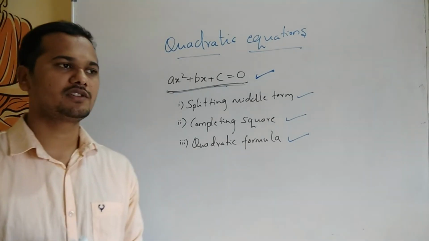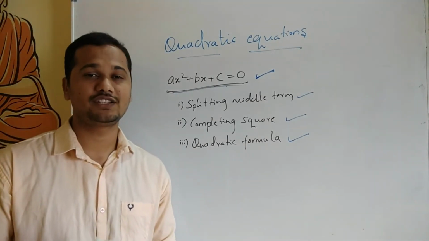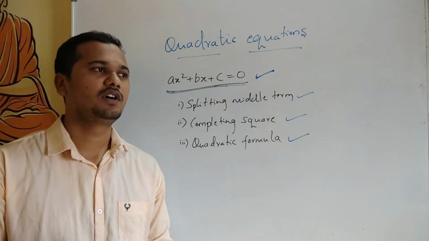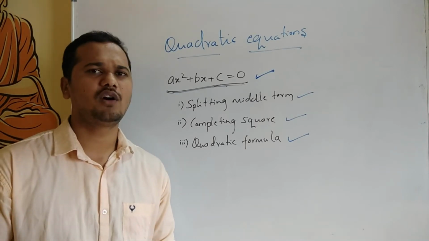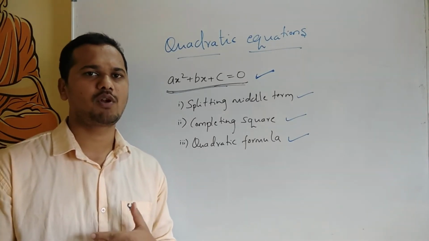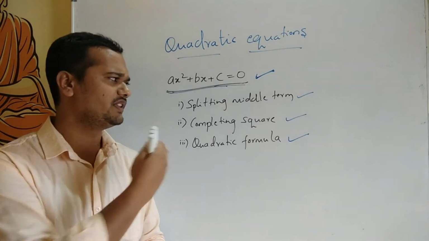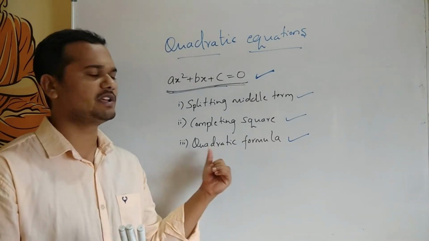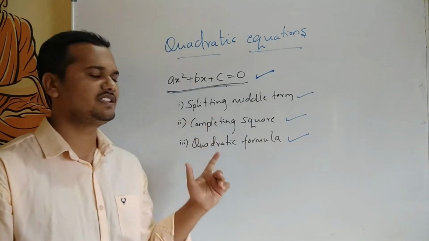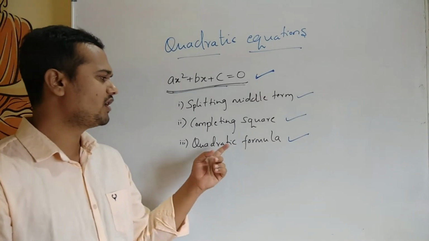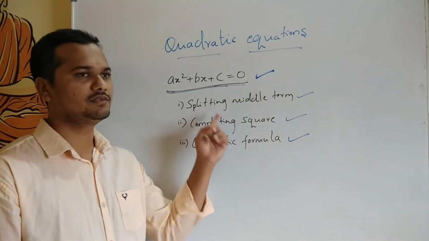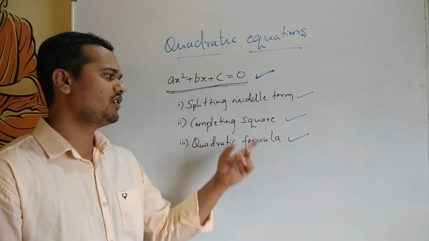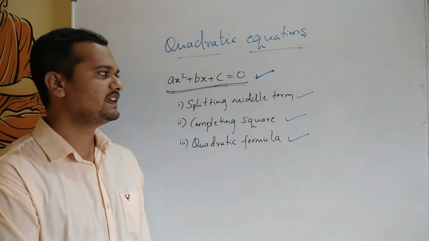From each exercise on quadratic equations, you have at least 4 to 5 word problems, and each problem is different. So what is important here is how to form an equation from the given word problem. Later you can solve it by any of these three methods. Whenever a word problem is given, they won't specify the method. Generally, people prefer the quadratic formula and then splitting the middle term. So you can solve the final equation by either of these methods.